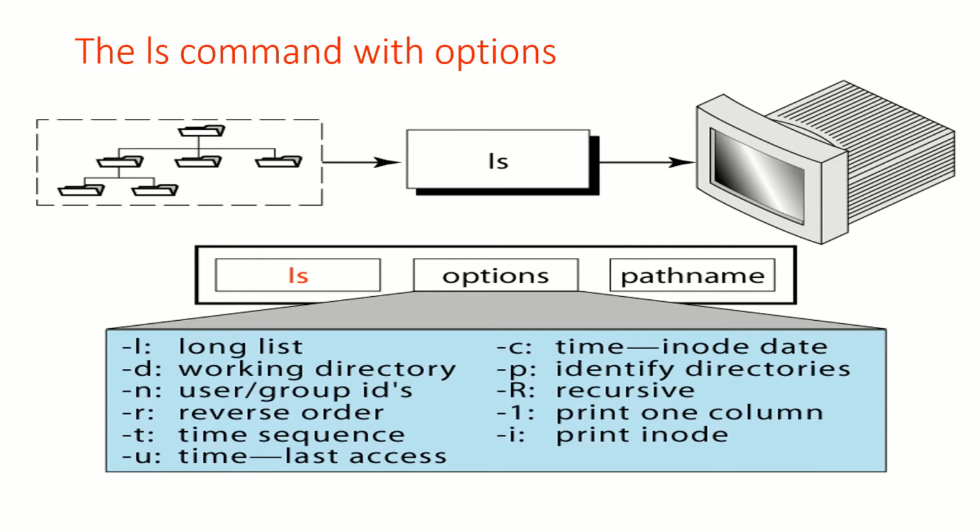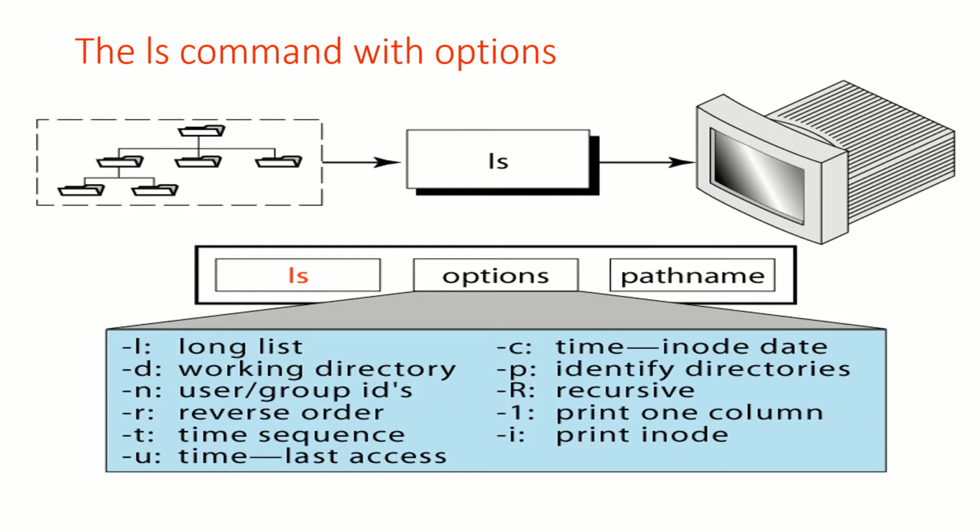ls means listing files and directory content. The ls command can be used to obtain the list of all files available in the current directory. All files stored in the current directory are arranged in ASCII collating sequence, meaning numbers first, then uppercase and then lowercase, with the file names in each line.